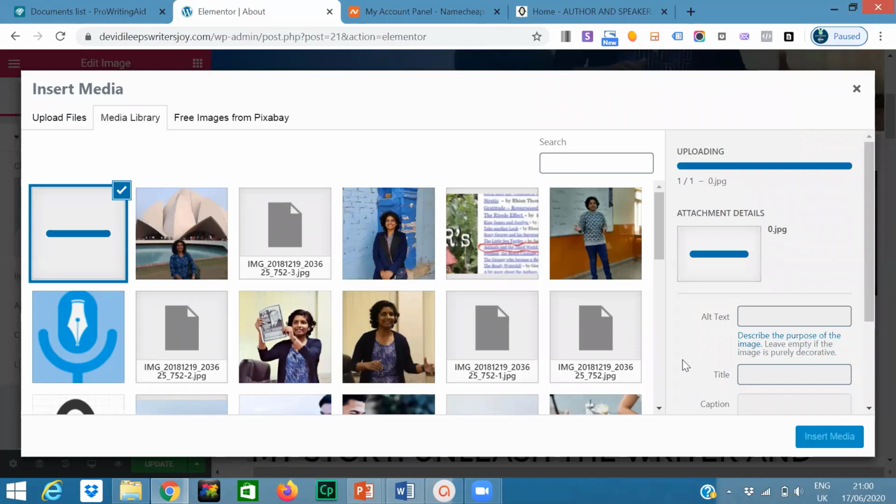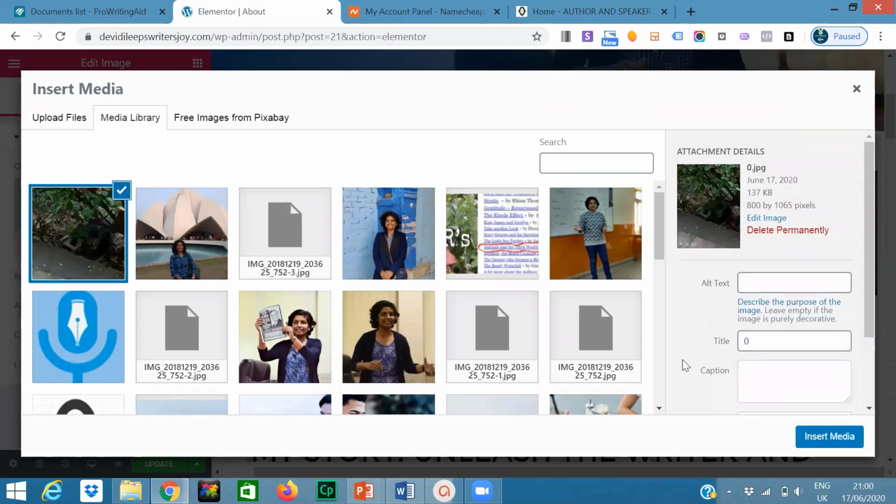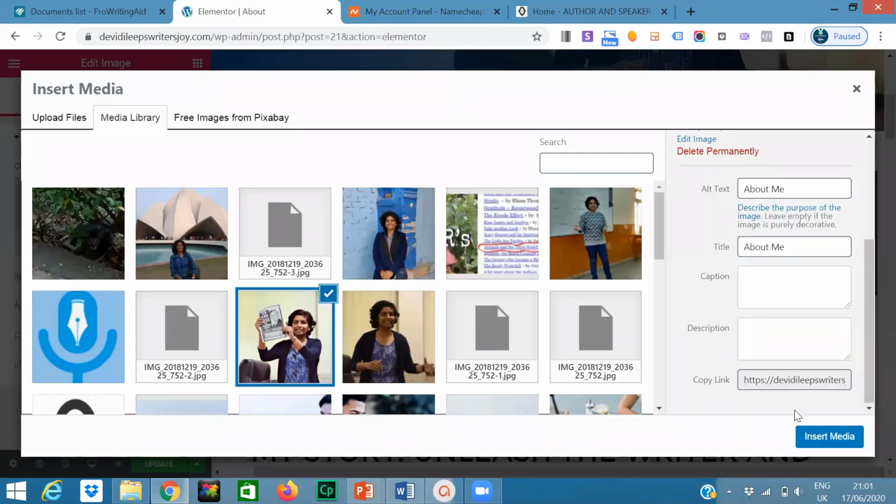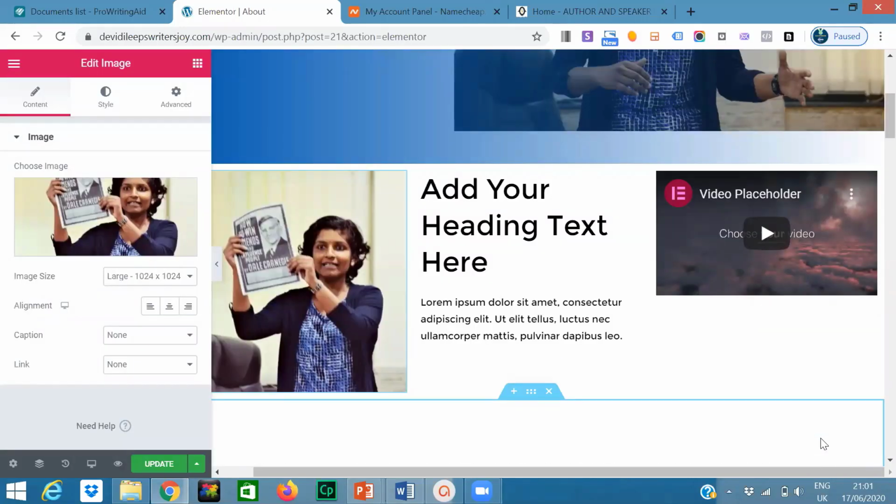Now she wants to add this picture, or probably some other picture, right? Click on some other picture, Devi. Maybe the second one, anything you want. Okay, cool. So she selected it and clicks on insert media on the right hand side, at the bottom. Insert, just below. Insert media. Can you see this?